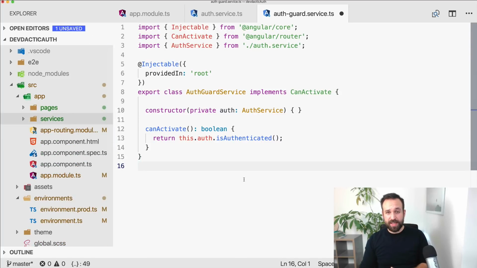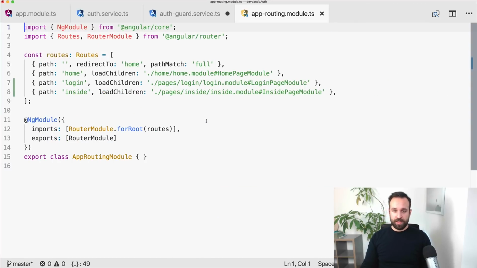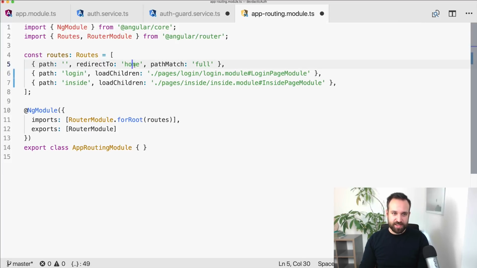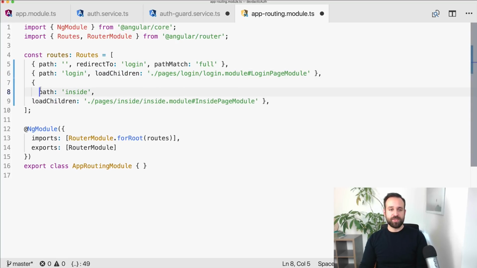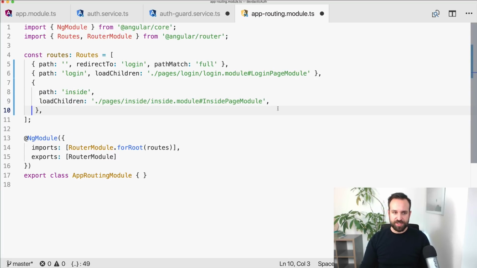Let's continue. We got the authentication service in place and we got the authentication guard. Now let's move on to the app routing. In here we will find the home route, which was added in the beginning, but we will change this back to our login page. And the login page, of course, can be accessed all the time, but for the inside route, we actually want to change this a bit, because we don't want users, or in a regular app, you